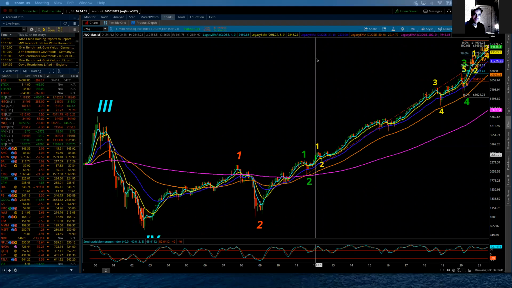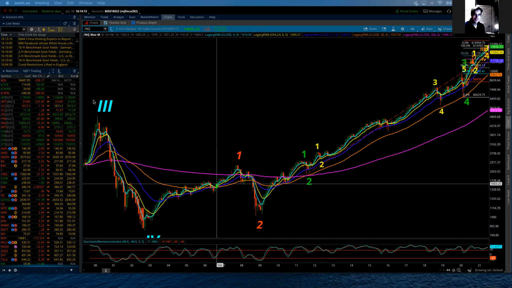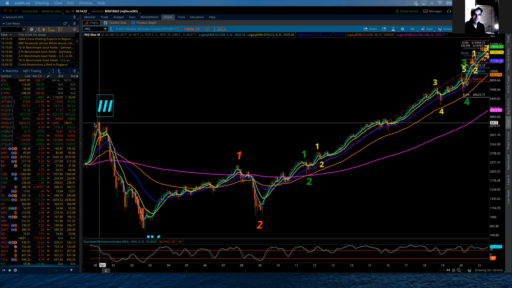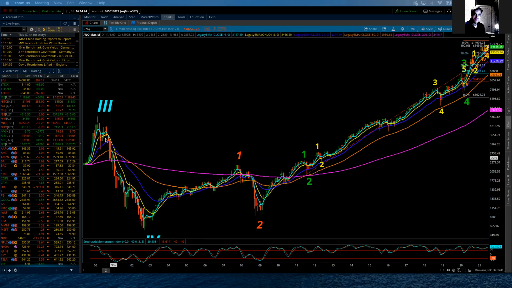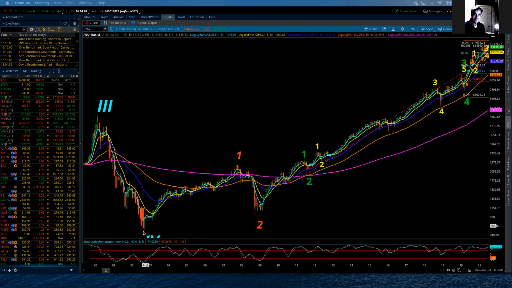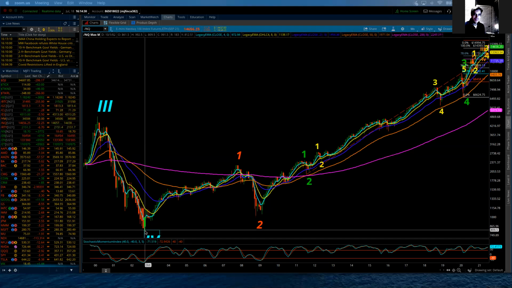So I will be starting with the maximum monthly chart, which is the maximum amount of data that I can get on this NASDAQ for right now, which goes back to basically 1999, but it goes to the top that we had before the dot-com bust. And that ended supercycle wave 3, and then we had a supercycle wave 4 in the form of that decline, which was quite severe.